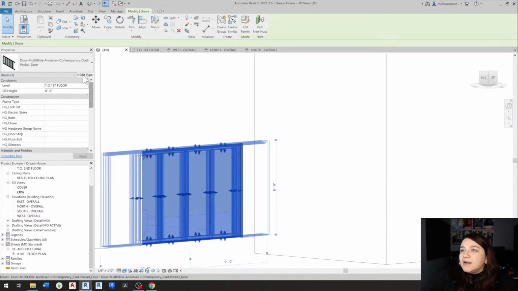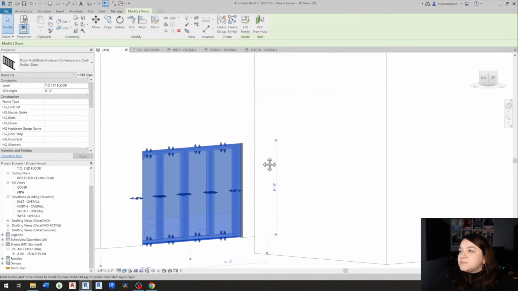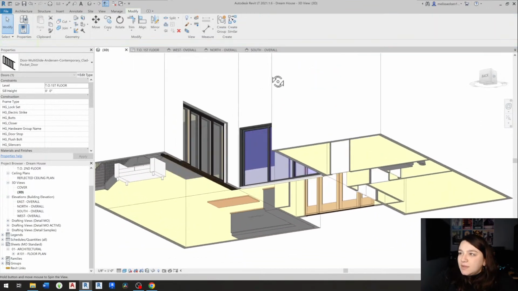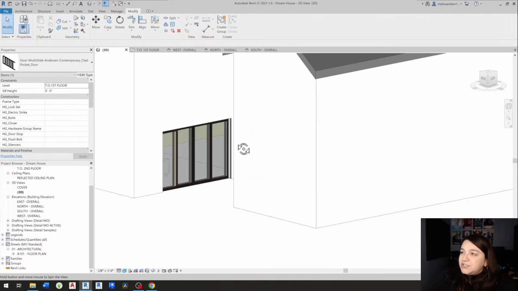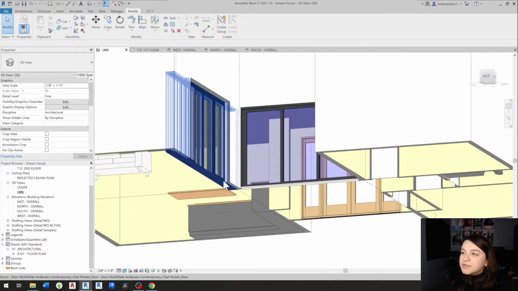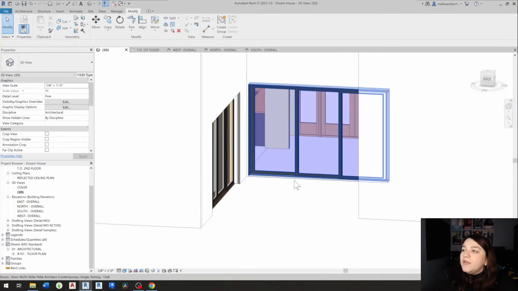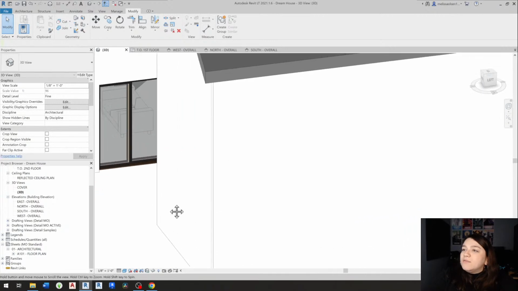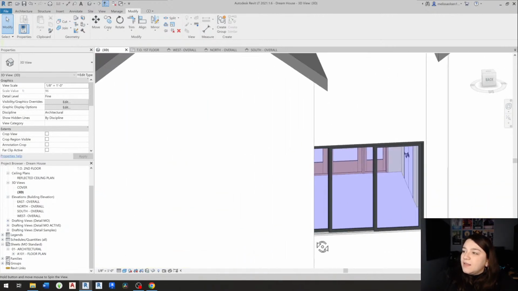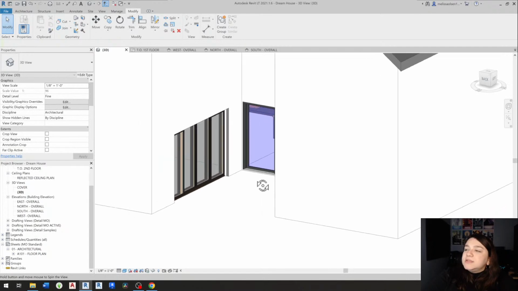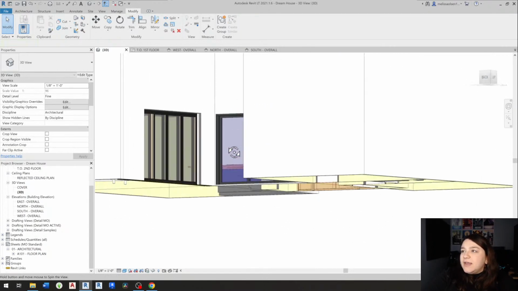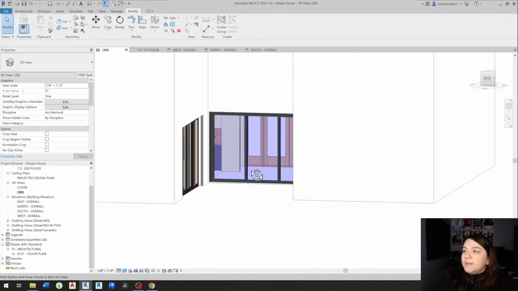I think this color might be different. The way it sits in the wall is just different. Obviously it's a pocket door, so it's sitting deeper in the wall. But overall, I think that it's going to look mostly the same. Obviously, the glass looks different too, so that could be throwing me off a little bit. But